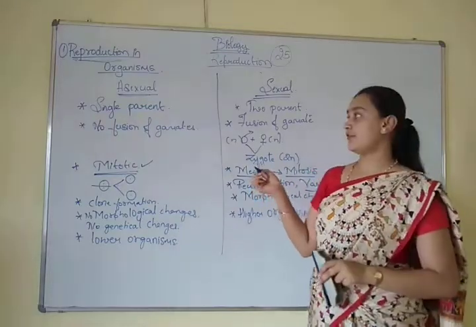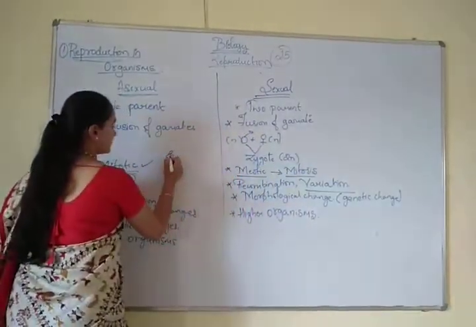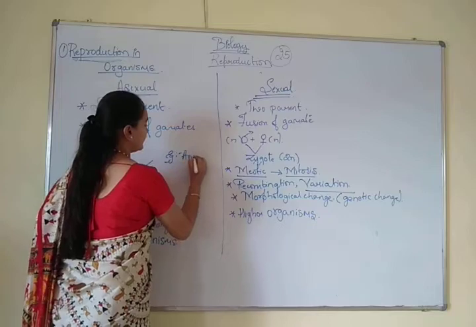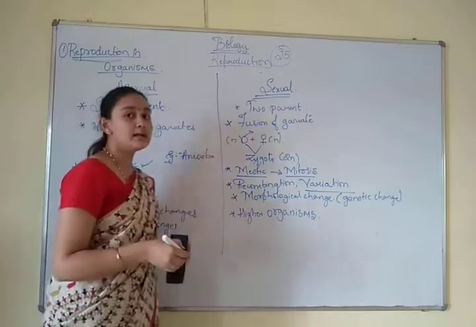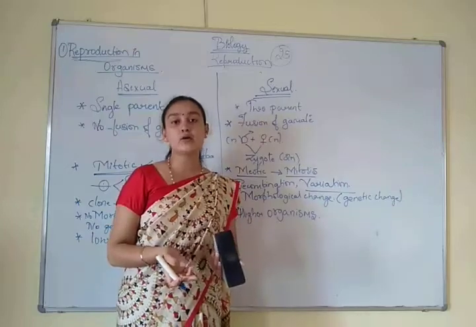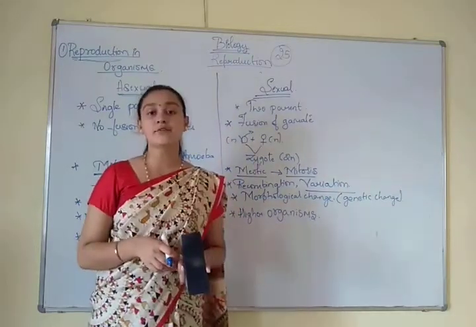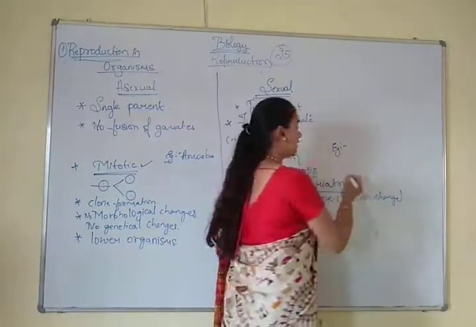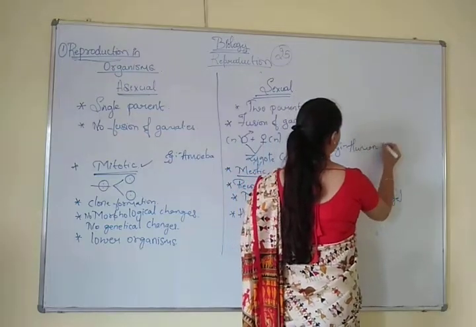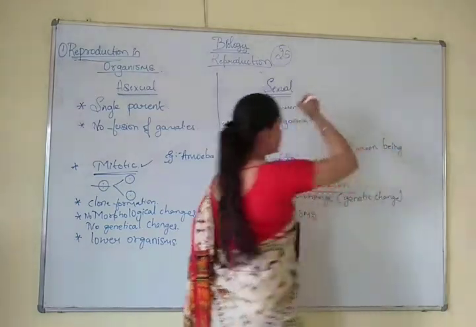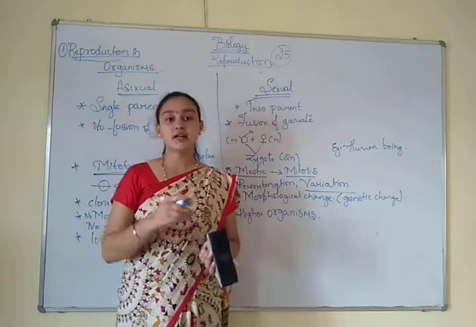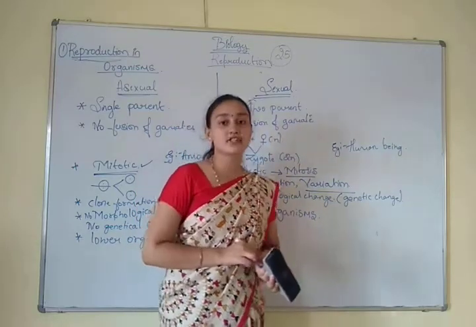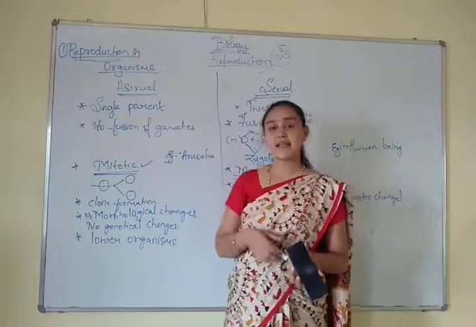If we take examples of asexual reproduction, so many are there. Now let's see in the classification: amoeba, Paramecium, Euglena, some of the algae, Spirogyra. All these are some of the examples of asexual reproduction. For the example of sexual reproduction, the higher organisms, especially the human beings, such as Homo sapiens, reproduce by means of sexual reproduction. So this is the general difference between the sexual and asexual reproduction. In the next class, we shall see about the different types of asexual reproduction.